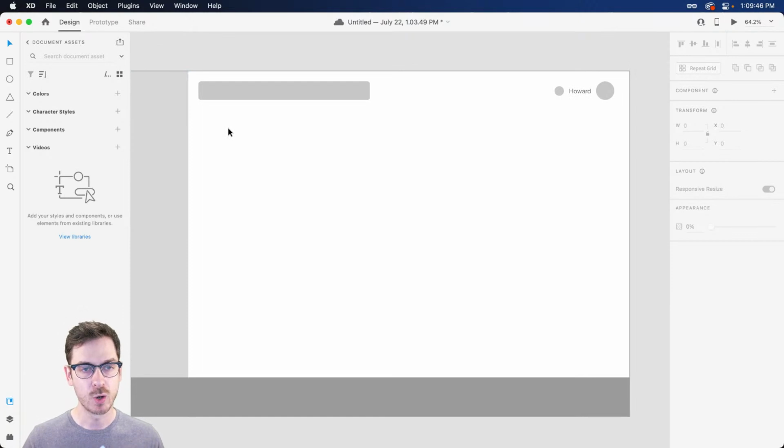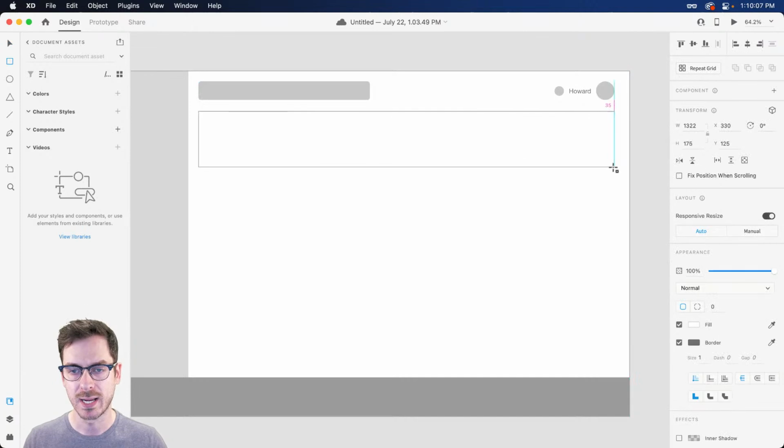Now, right down below this information, we're going to want to kick off this screen with maybe like a featured section, right? You might have either a carousel or just one large block that highlights maybe a latest album, a latest song, or something that's part of your collection that maybe you listen to on a daily basis, right? So once again, with the rectangle, we're going to draw one out across this artboard.